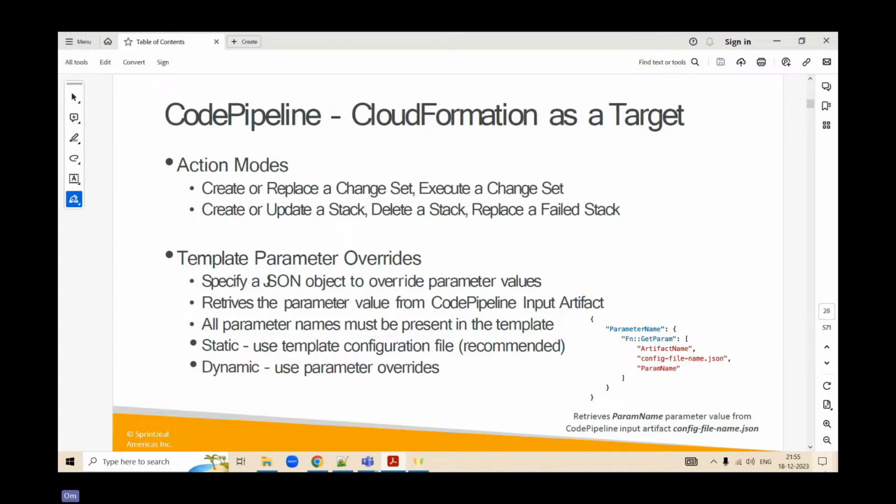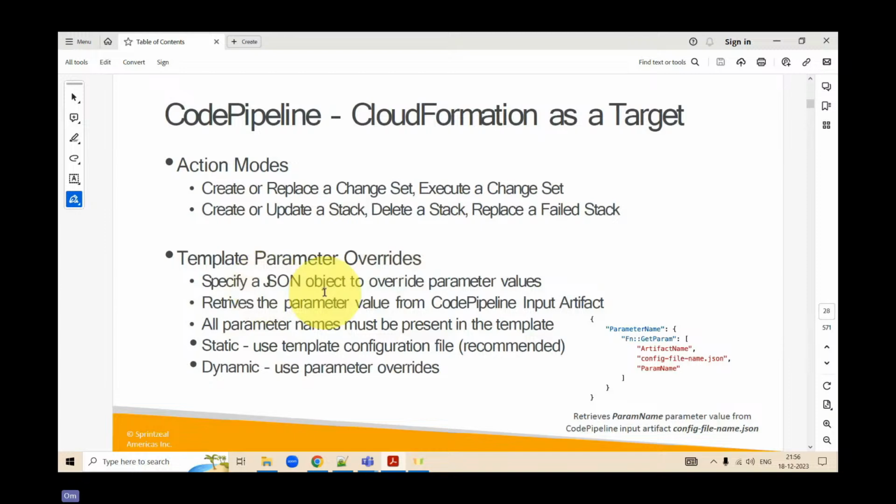I will tell you in detail after coming back from a break how a CloudFormation template works. Because that would give you an understanding of what parameters are associated with CloudFormation and what things we take into consideration whenever we create a CloudFormation template. Now, all the things that you're seeing on your right, the parameter, the function, the artifact, the config, I will tell you in detail after the break what these are and where they are widely used.